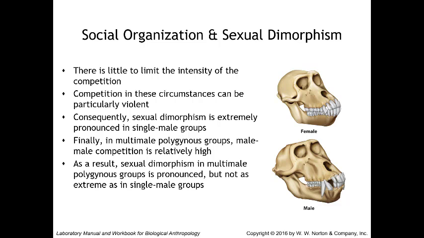Finally, if you look at multi-male polygynous groups, male-male competition is relatively high. An adult male will have access to multiple females within his group, but access to mates will be hindered by his position, right, in that social hierarchy. So our higher status males will have access to better or more mating partners of the right age and fertility. Therefore, competition exists between males trying to improve their social status and their consequent access to females. In contrast to our single male polygynous groups, there is, however, a limit to the competition within these multi-male groups,